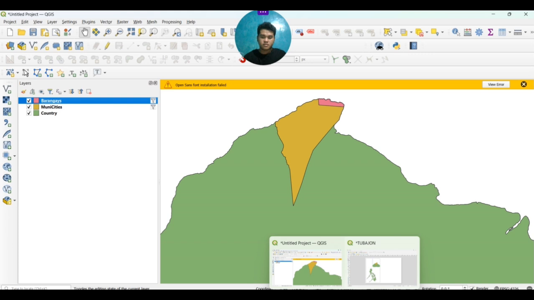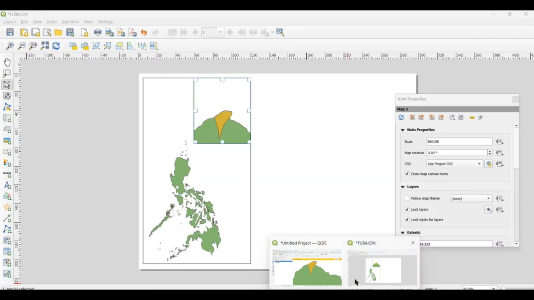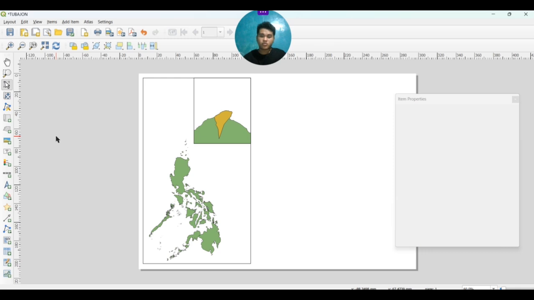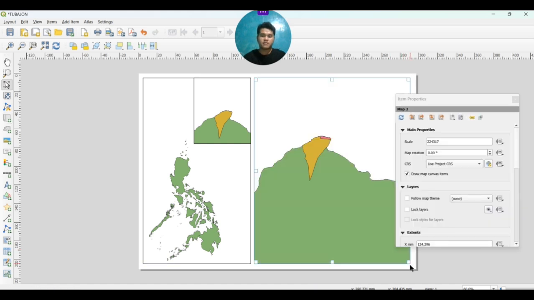Next, go to the other tab. Then now we just do the thing that we've done earlier: add map, drag it to the position we want, click it, then zoom it.